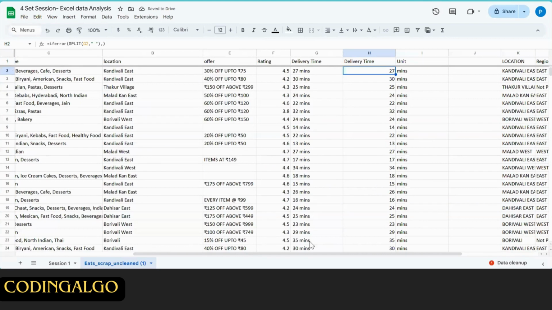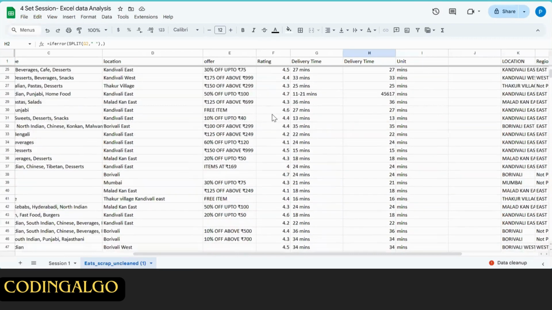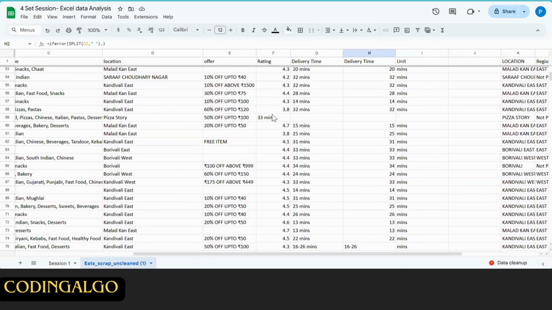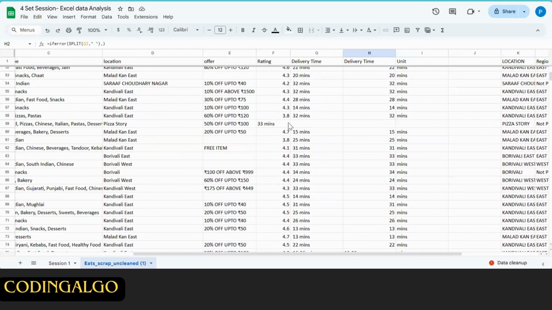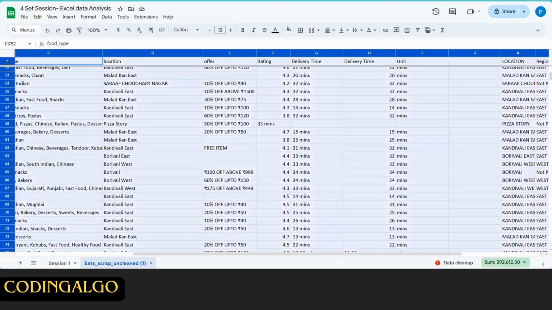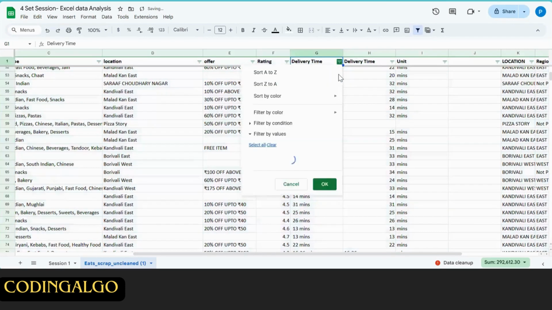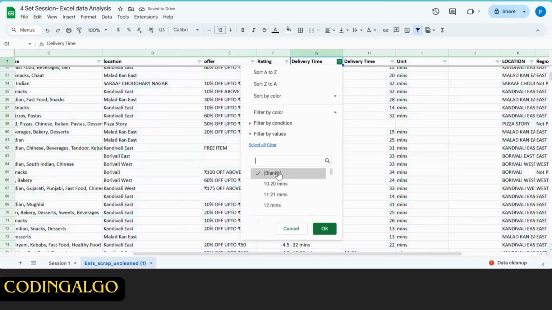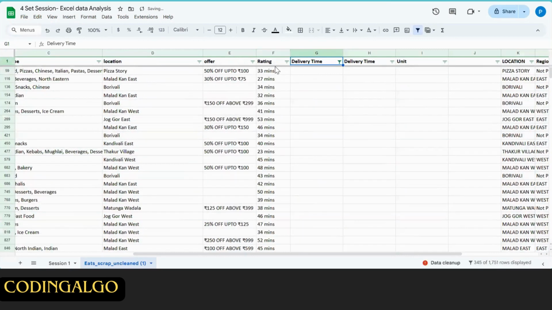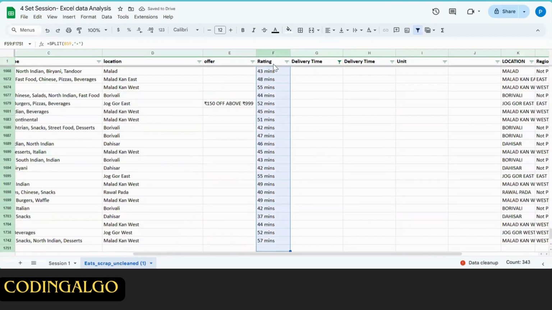Now, if you remember, I was talking about there are some cases where we do not have a rating. So let's apply it and remove those cases. So delivery time should be blank. These are the cases where we do not have